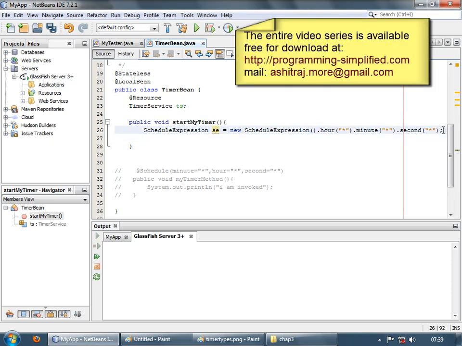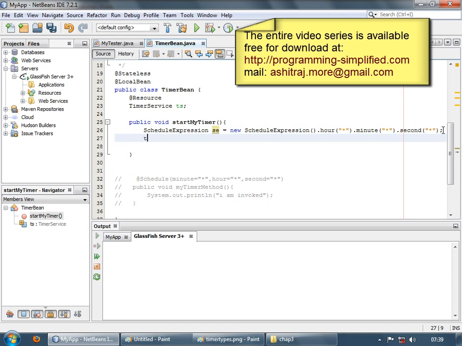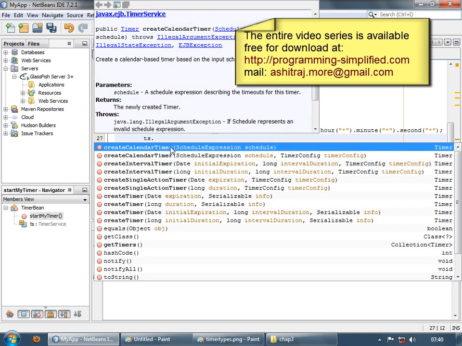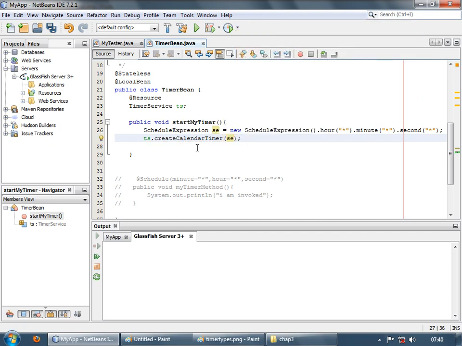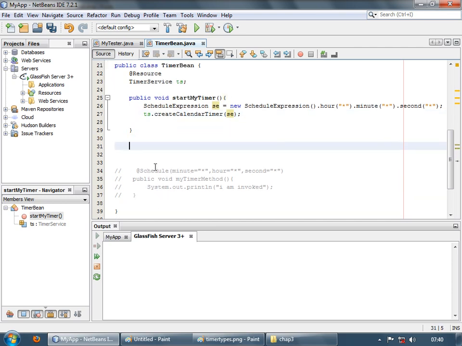Now the second step is you have to create a timer, right? So we have to create the timer using the timer service interface. So timer service dot create calendar timer, and we pass the expression to it. Okay, and now that's it. The timer gets created and it will be run every hour, every minute, every second. But what is going to execute when this timer is created? For that you have to create a method. Just like for automatic timers this method was run, we have to specify a method which is going to run for programmatic timers. So my prog timer